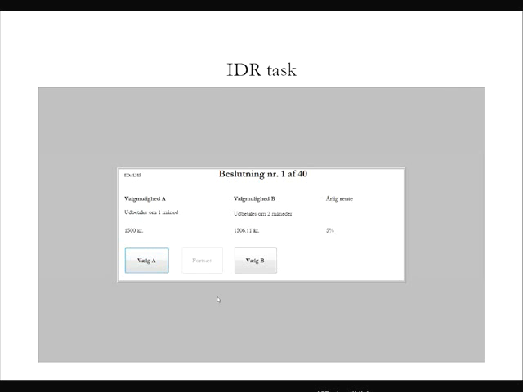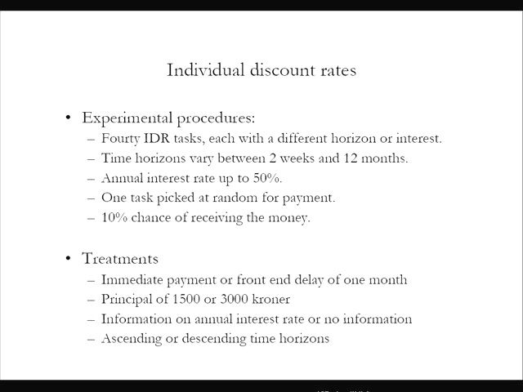In this case, the time horizon between the two amounts is 1 month, and they had 4 blocks of 10 decisions to make in the discount rate tasks, where they would have 4 different time horizons. So 40. You have to worry about the fact that the subject would sort of wonder if you run out of money after the first month and there's